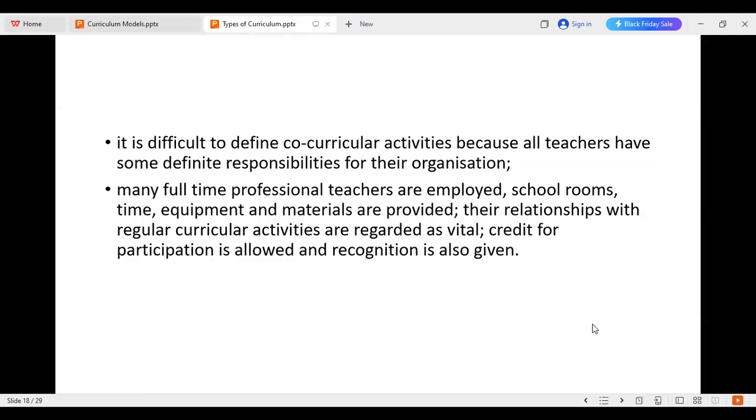Credit for participation is allowed, and recognition is also given. Anyhow, we can't say co-curricular activities in this country are completely neglected. There are schools, even international schools I have witnessed,